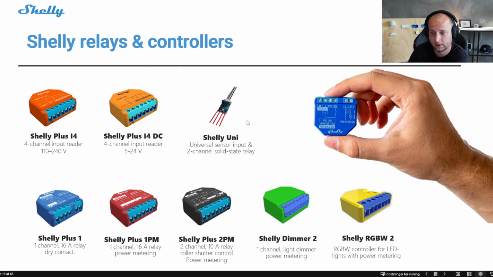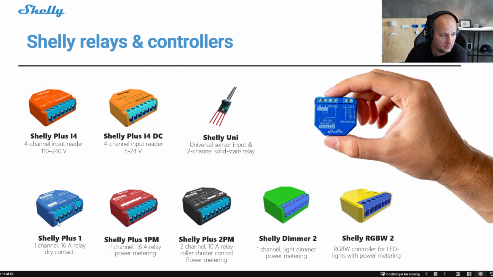So you can add, for example, 3 temperature sensors to this device at the same time to read different kinds of air temperatures, water temperature, and so on. You can also have 0 to 10 volt connected to read that. And then it has 2 outputs, 2 times 2 amps, dry contacts, so you can use them to control something from the output. So this is a device you can use if you have some creative ideas, really creative ideas.